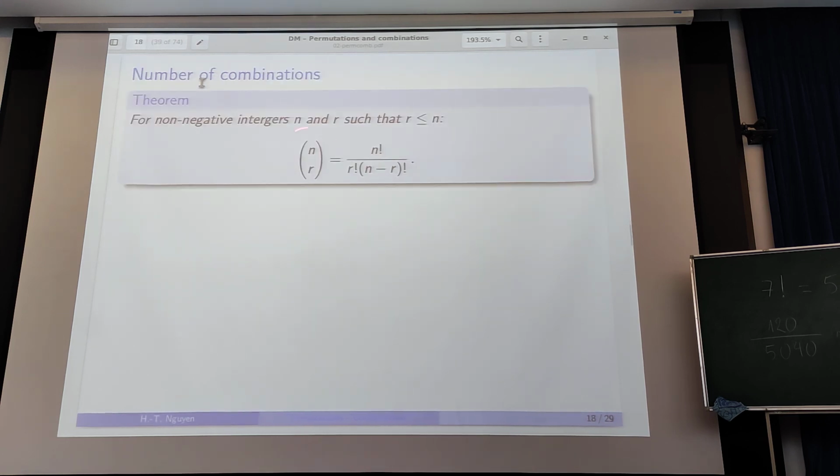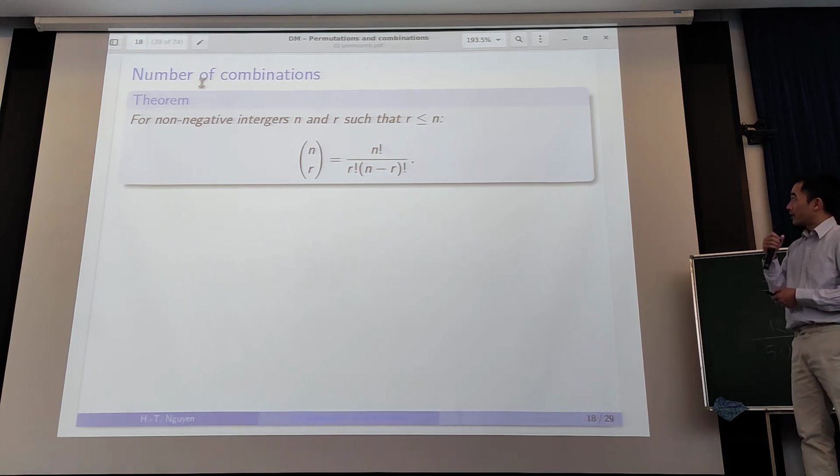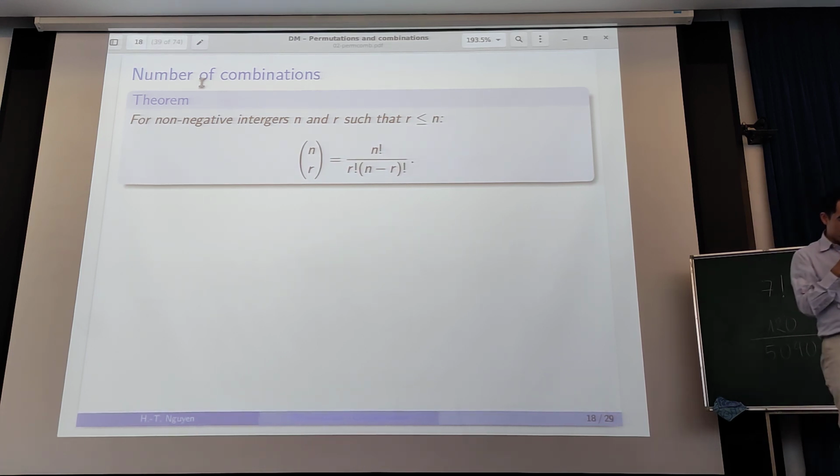And the formula for the number of r combinations of n elements is given by this formula. You have n factorial divided by r factorial times n minus r factorial. And so if you separate this term, n factorial divided by n minus r factorial, you get the number of r permutations. Okay, so you can view this as the number of r permutations divided by